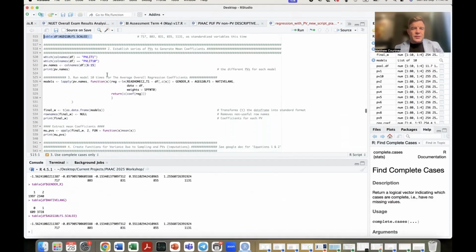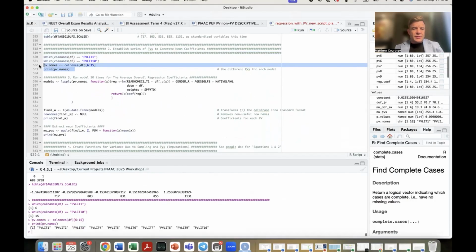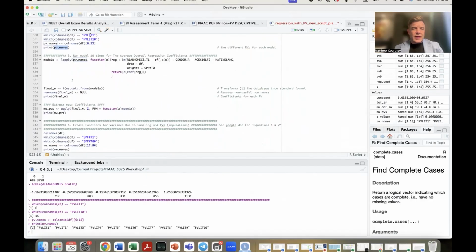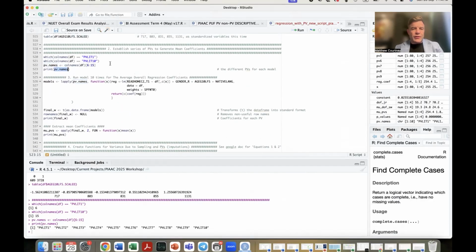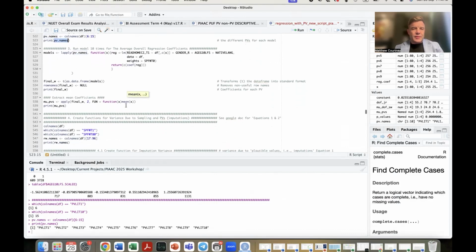Okay, so let's establish a series of plausible values. Again, we can select which columns they are, 6 to 15. Those are our PV names. This will change for your focal area. It could be numeracy or whatever. Okay, so here's our function to run